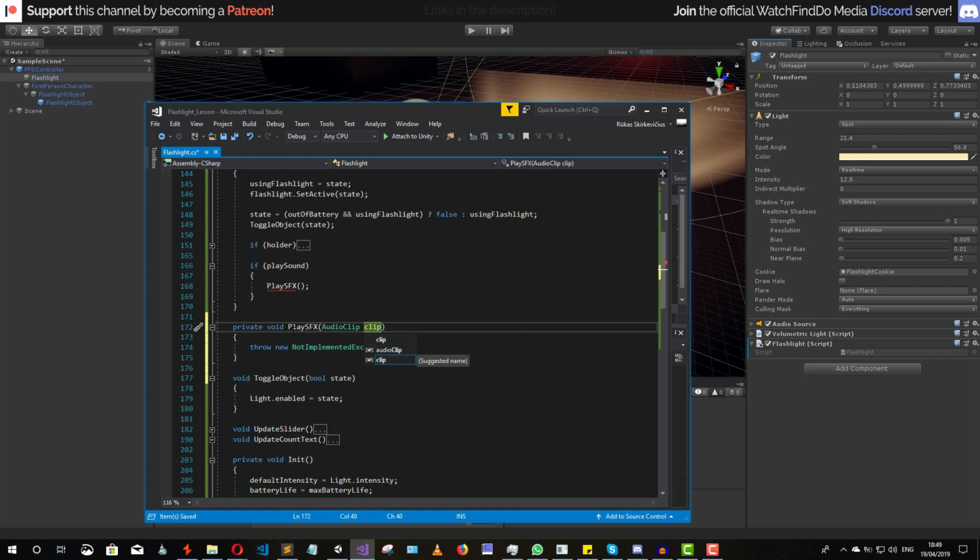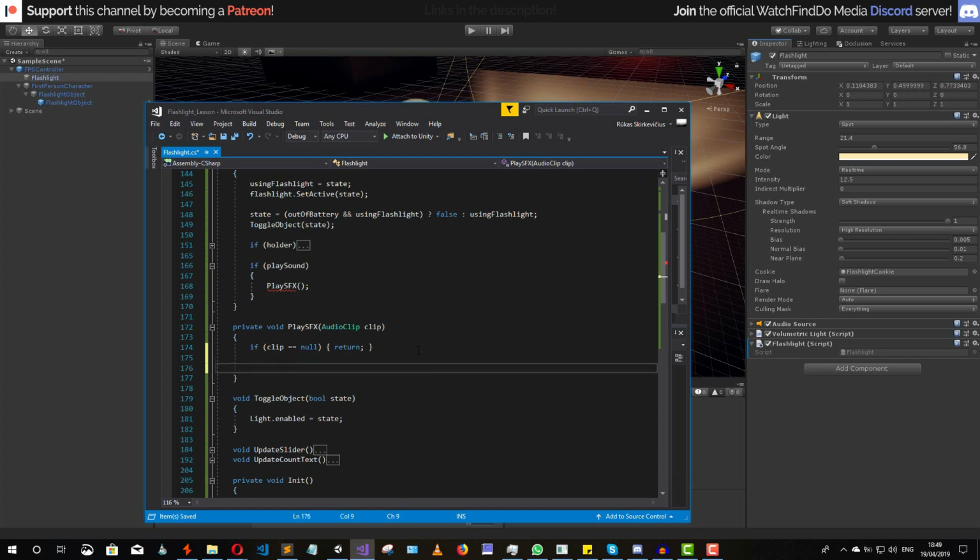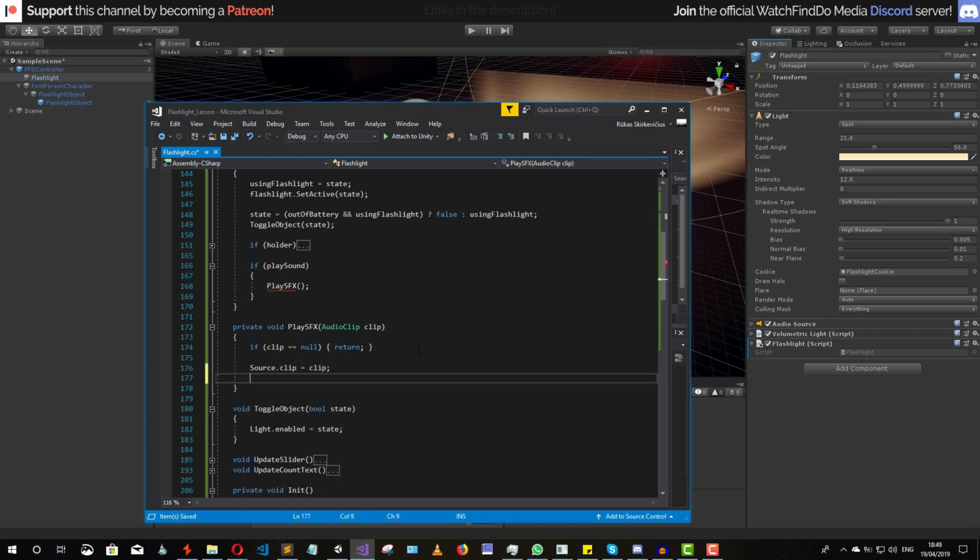So now inside of this method, first of all, we are going to check if the clip that we passed in is equal to null. We are simply going to return from this method. But if this clip is not equal to null, we are going to say that the source.clip is going to be equal to the clip that we passed in, and then we are simply going to say source.Play to play the